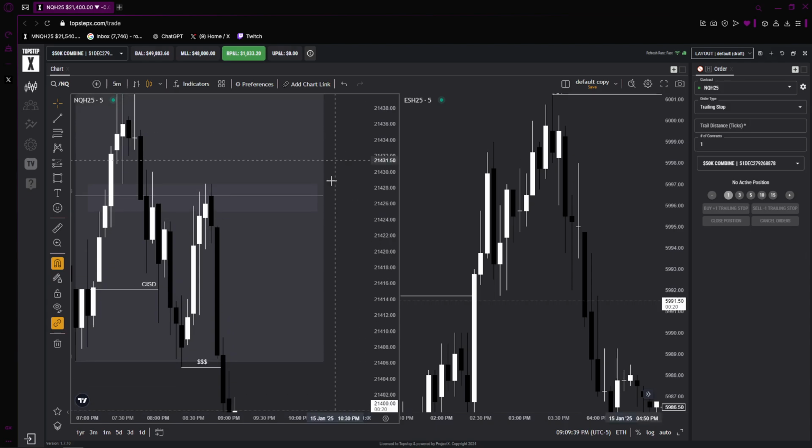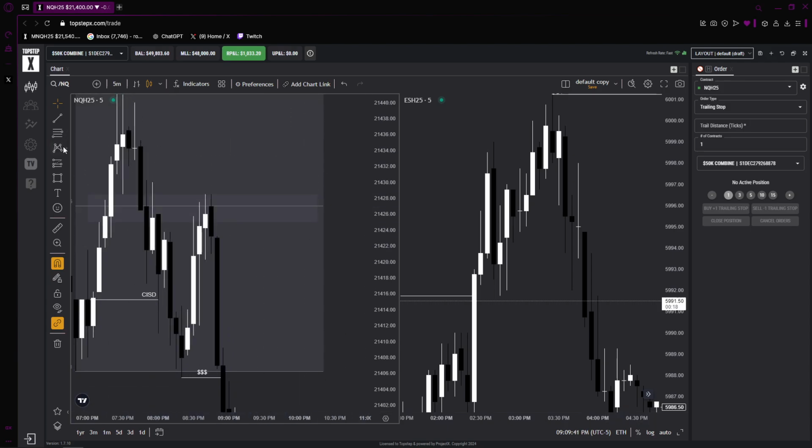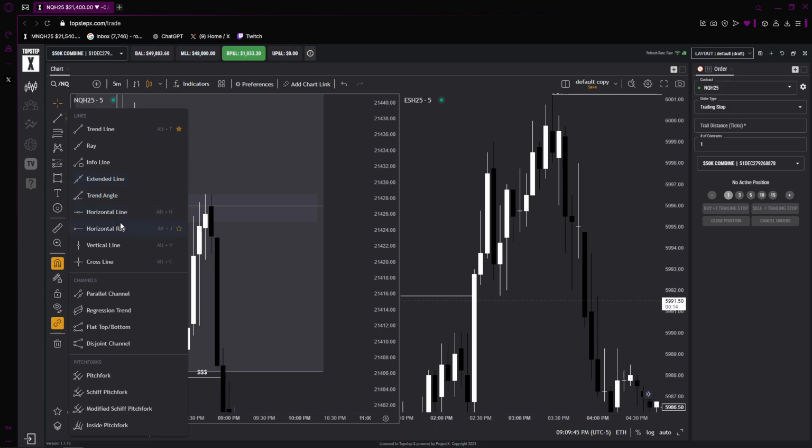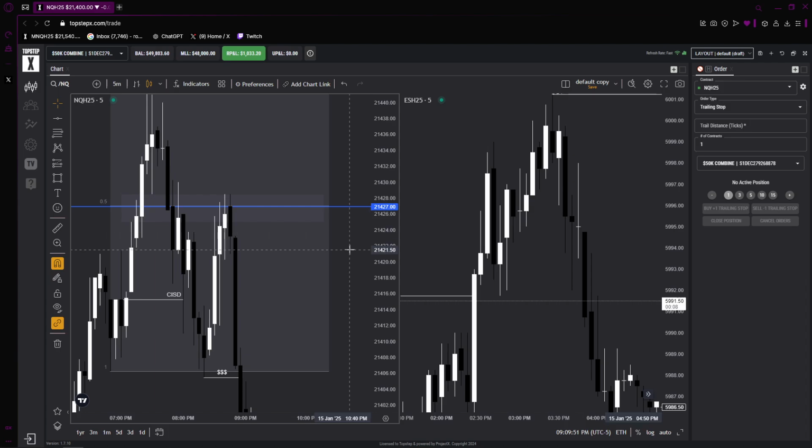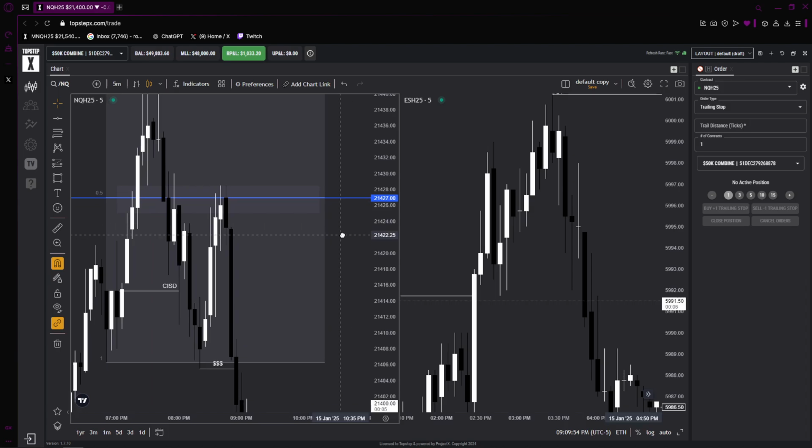Boom. My actual entry was, I'm just going to use a horizontal line, consequent encroachment. Mind you, I took an entry on equilibrium. And I didn't even know that. I didn't even mark it down. Because I was so